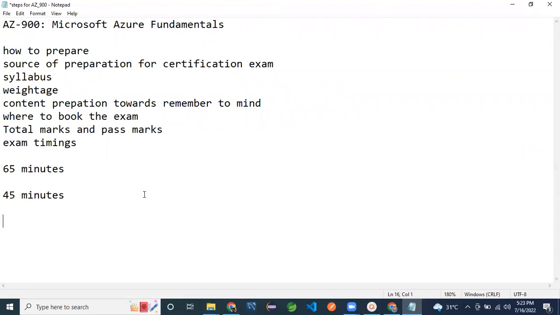If you click on it and go next, it will ask you to download one software. Then you need to download that software, and it will check the system, speaker and webcam. The webcam should be working fine, and your laptop speaker should be working fine. Then you can take the exam. It will also check the internet connectivity, which should be fast. So the total is a 45 minutes exam.